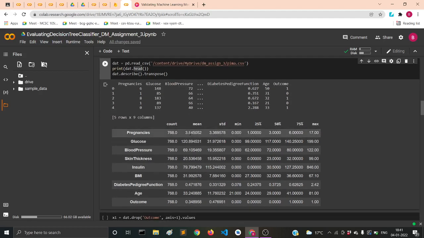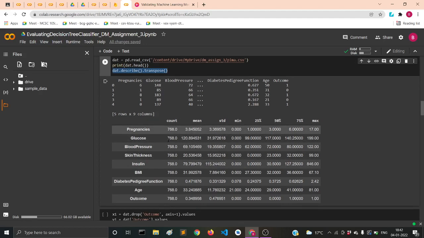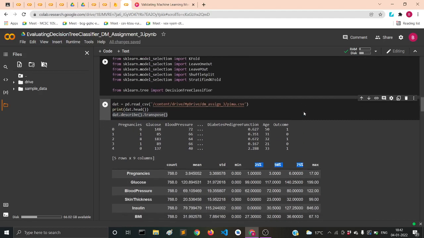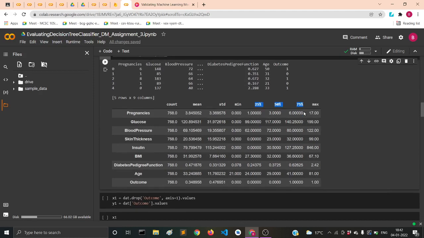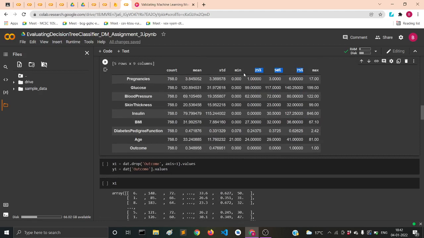Now we have a look at the various properties of our dataset by using the describe function, and transpose just transposes this matrix. We are describing our dataset in the form of mean, min, max and other statistics, and these are the percentiles 25, 50 and 75, which you might have also seen in box plots. This explains your dataset and gives you insight into how it varies, what the minimum and maximum values are, and what the mean value is. If you want a quick insight about your dataset, you can get it from here.